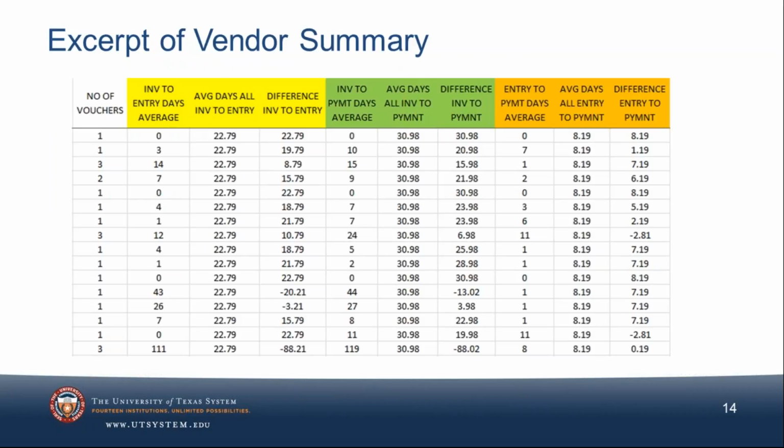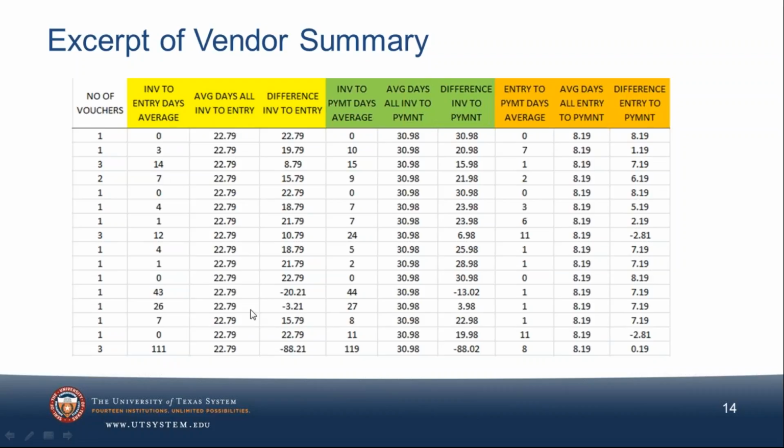It's not sorted in any particular order or anything, but it starts with showing how many vouchers that particular vendor has. So in this case, the screenshot, there's not that many for any of these. We have each of these sections, which represents one of those measurements. So the first yellow section is the invoice to entry days average. So that's the average for the vendor.